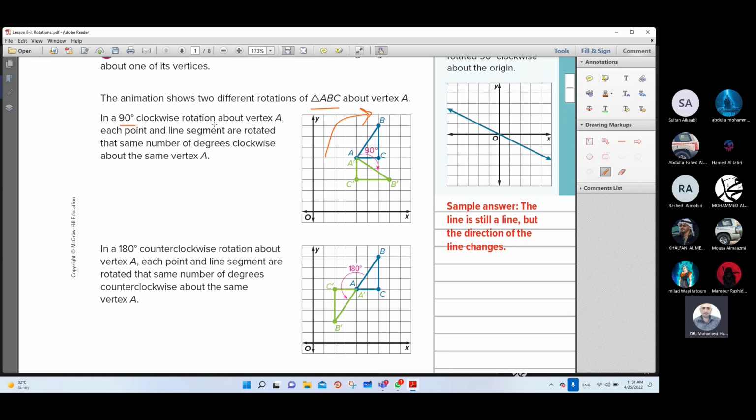rotation about vertex A. This is the center of the rotation, A. Each